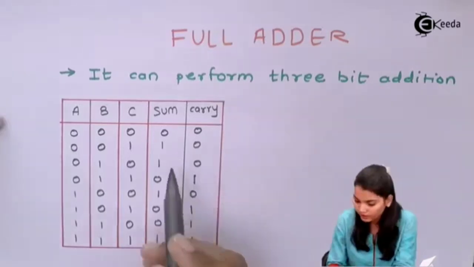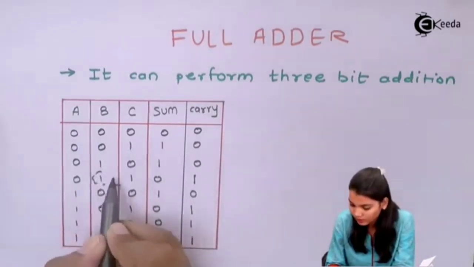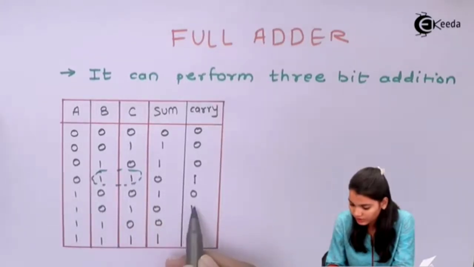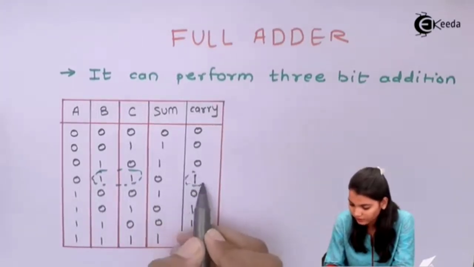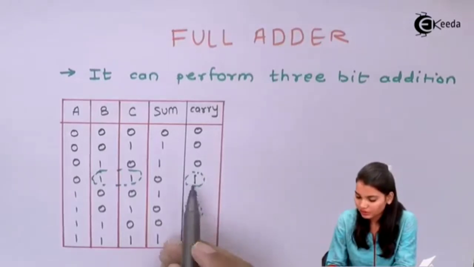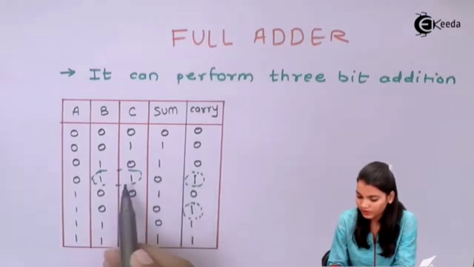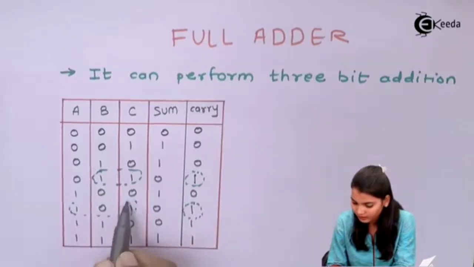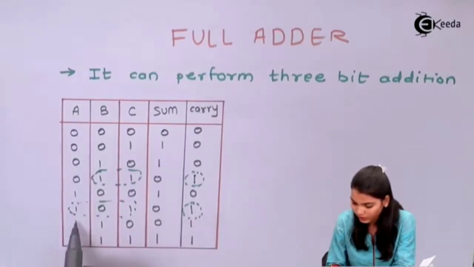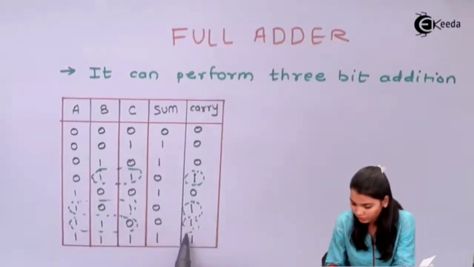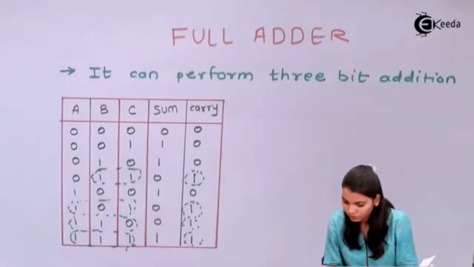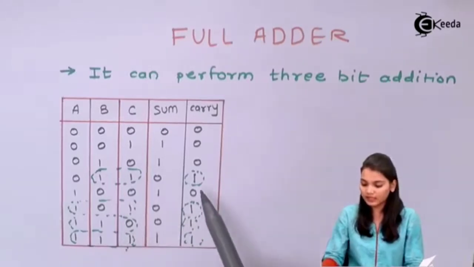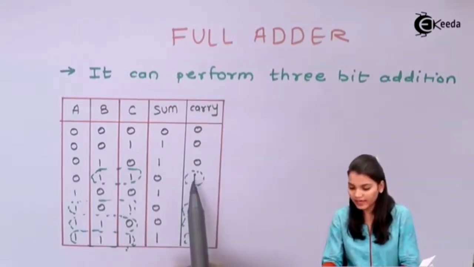So here if you see this, we are getting two values. For this condition we are getting the value of carry as 1. Again for this condition we are getting 1 here. Now this condition also we are getting carry as 1. Now again for this. If you consider these cases, we are getting the carry of 1